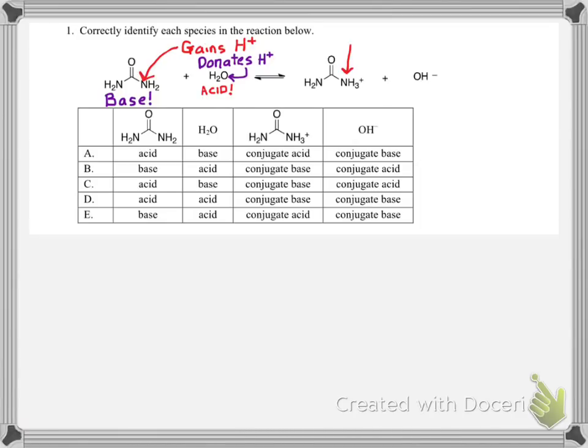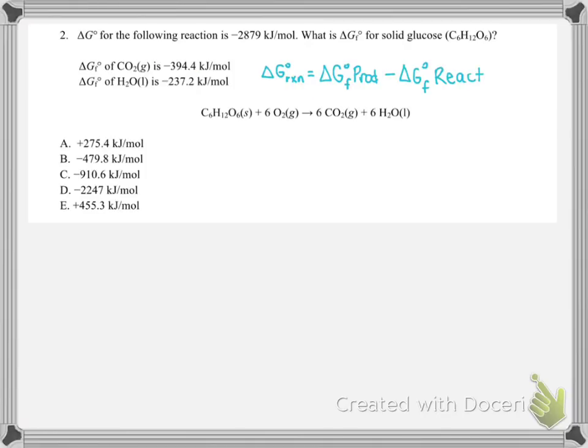So now that we've identified our base and our acid, identifying their conjugates is really straightforward. The base becomes the conjugate acid, and the acid becomes the conjugate base. So it's choice E. In this problem, we're given the free energy change of the entire reaction, and we're given